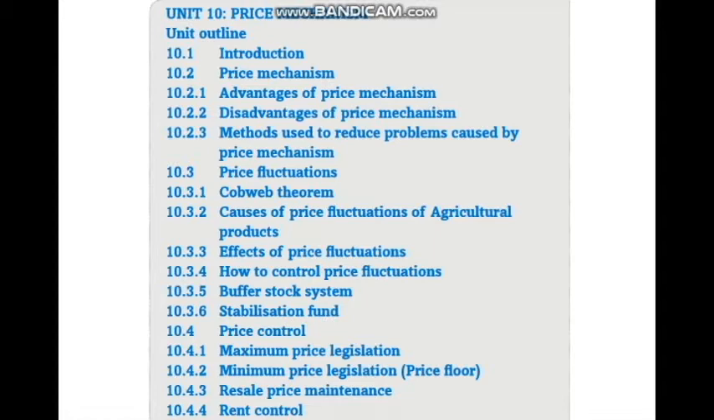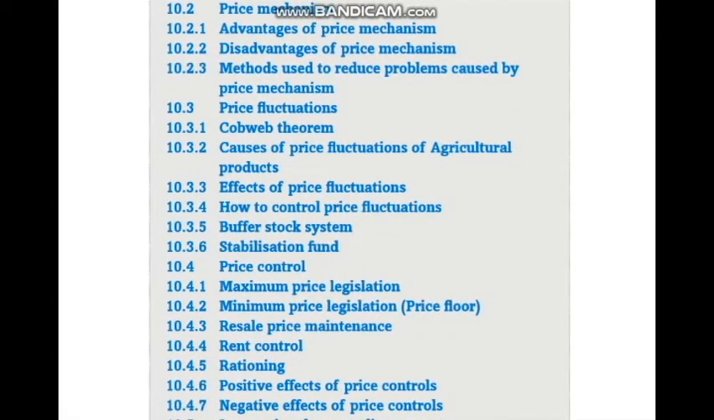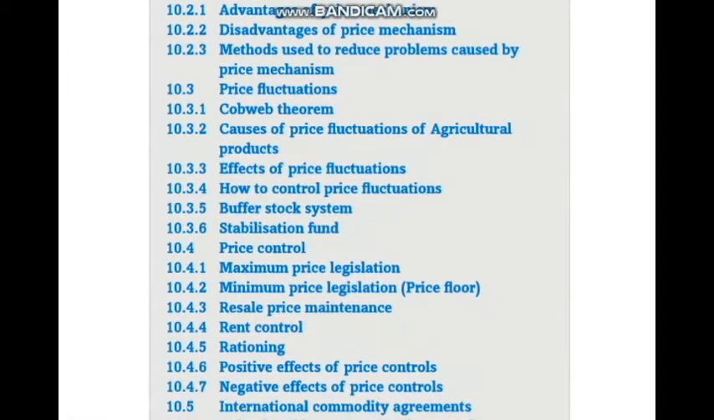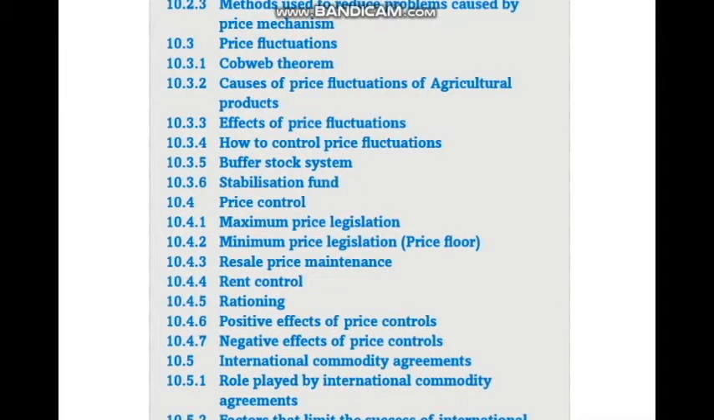Price mechanism. We're going to start with the introduction. So what is price mechanism? We can see advantages of price mechanism, disadvantages of price mechanism, methods used to reduce problems caused by price mechanism. After analyzing what is price mechanism, we can see price fluctuations, Cobweb Theorem, causes of price fluctuations for agricultural